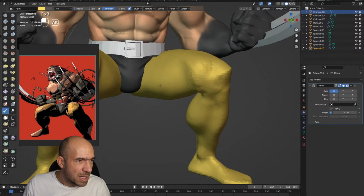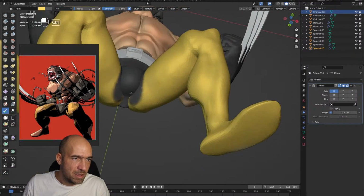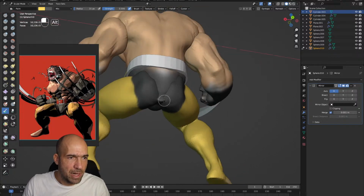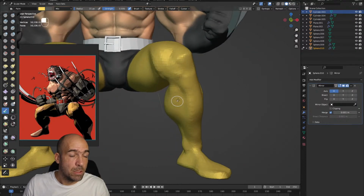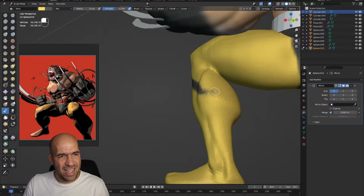Maybe he has something like pants, like this. I'm not completely sure, but it should be something like this. We don't care about the back here that he has a tail, because it will not be visible that much, so we don't actually care about it. I will do something like boots